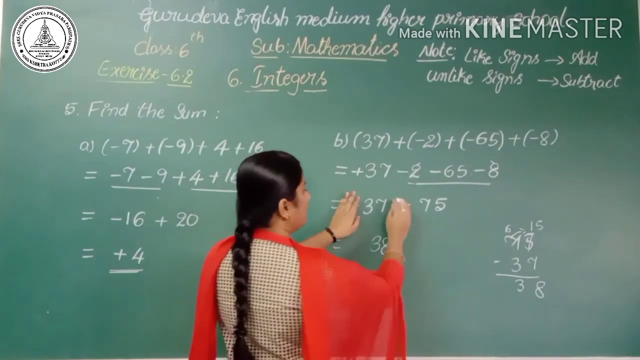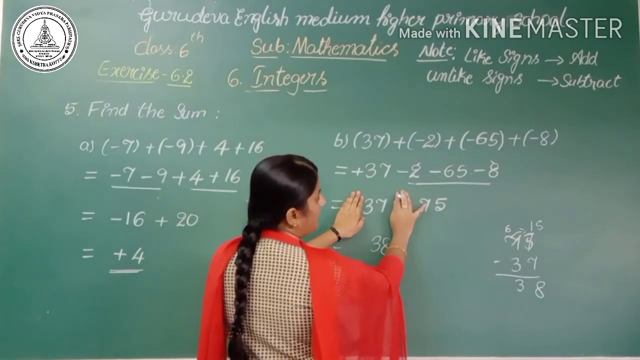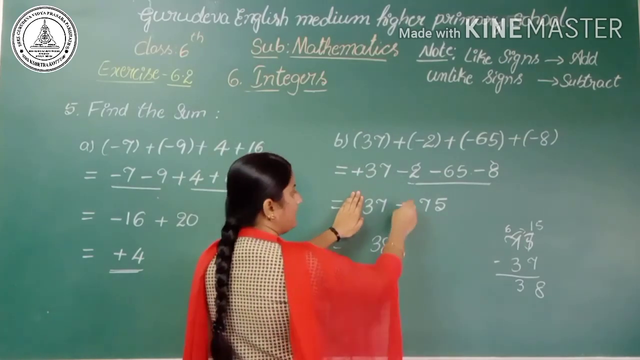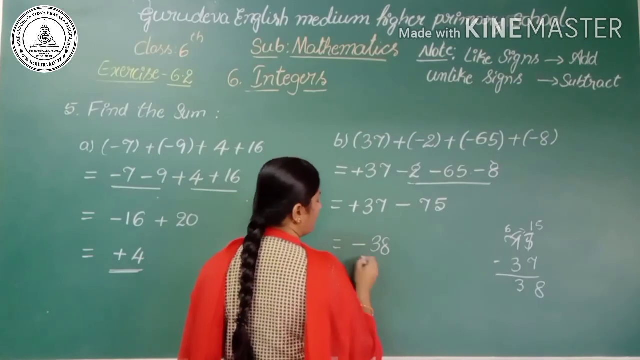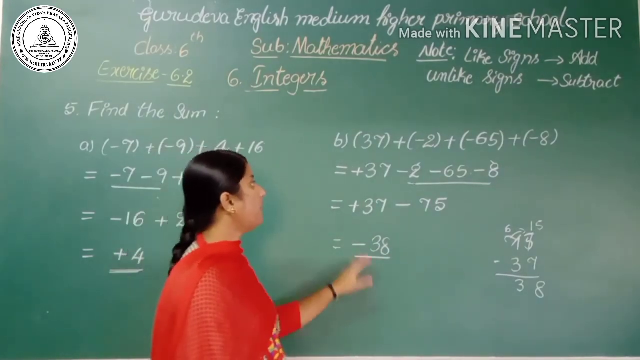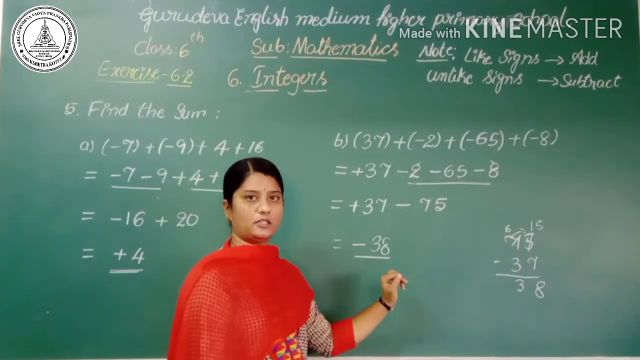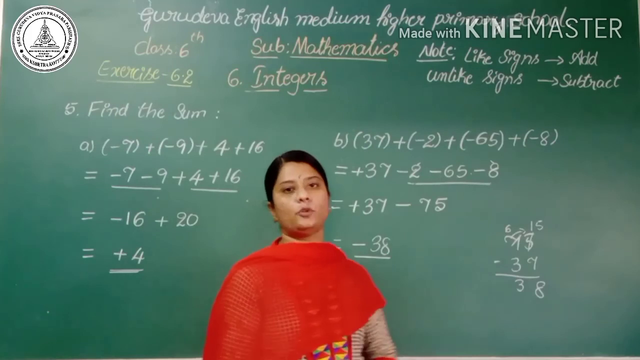As you can see here, 37 and 75. In these two numbers, 75 has the greater value. Its sign is minus, so we keep the minus in the prefix of 38. Finally we get the sum of these four integers is minus 38. Okay. Up to here we have solved